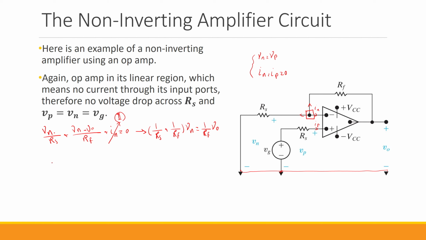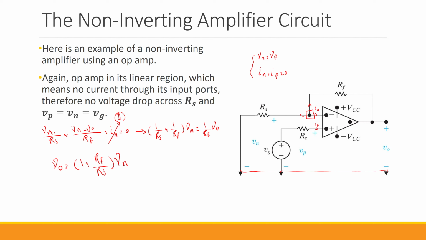So now I can easily write Vo to be 1 plus Rf over Rs multiplied by Vn. What I did here is that I multiplied both sides with Rf. If I do that, that is the equation that I have. So now we have the relationship between Vo and Vn,